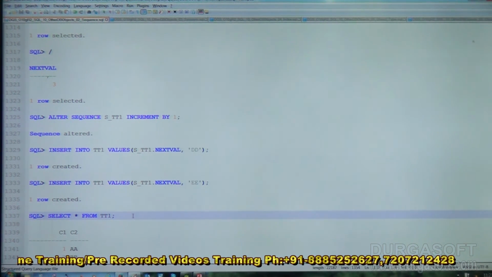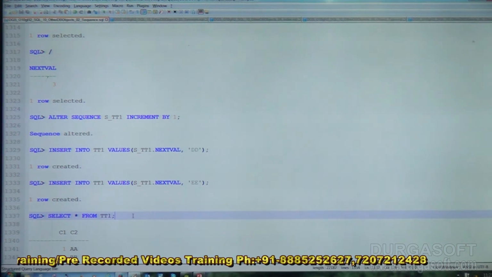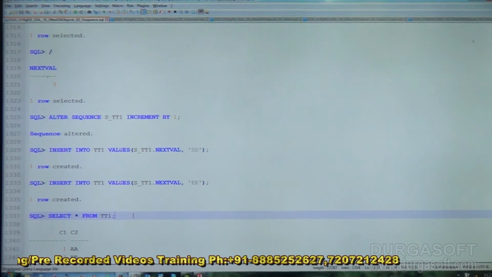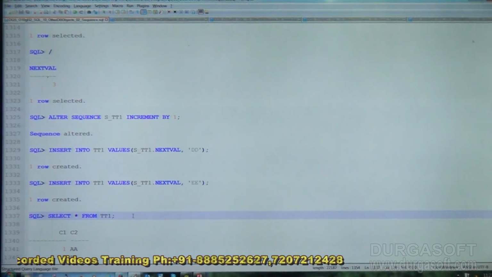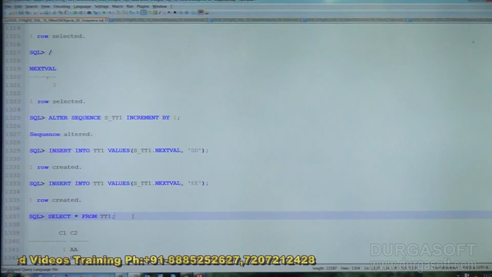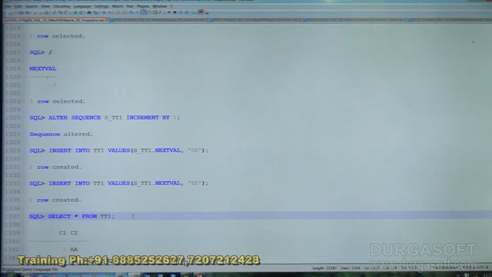Normal database without RAC, we do not have any problem with cache. RAC database with single node, still we do not have any problem with the cache. But RAC database with multi-node, 2 nodes or above, 4 nodes, 6 nodes, 8 nodes like this, then there will be a problem here. Continuously you don't see any problem, but in case of any failures you can see some differences here. That difference will be